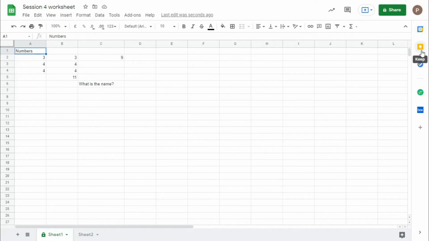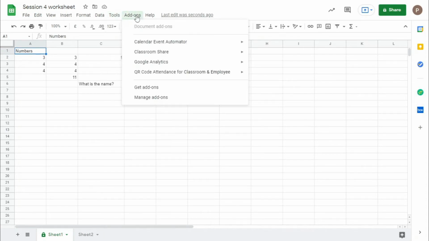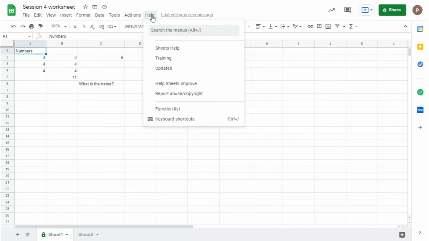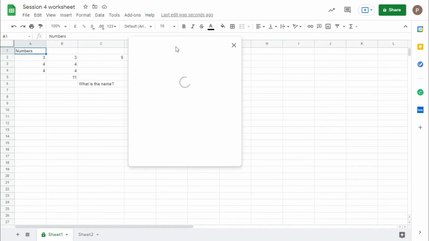See, there's Calendar, Keep, Tasks, Mergo and Box. So basically add-ons are third-party apps that are directly linked to your sheet, which make some operations easy for you. Now in help, if you go to Sheets help,